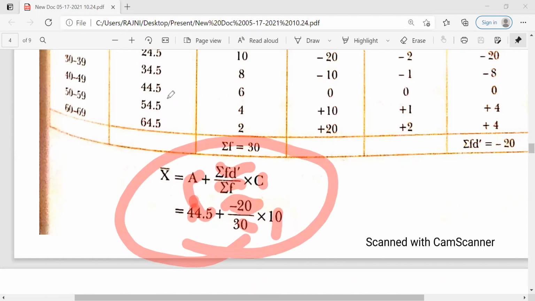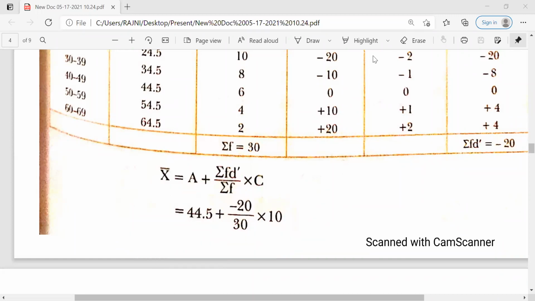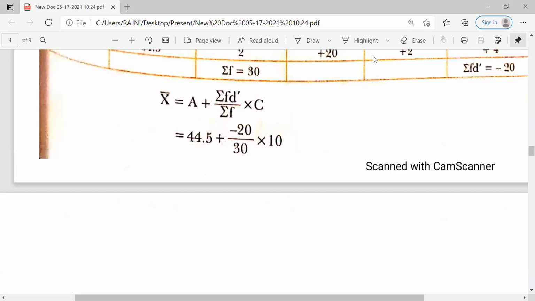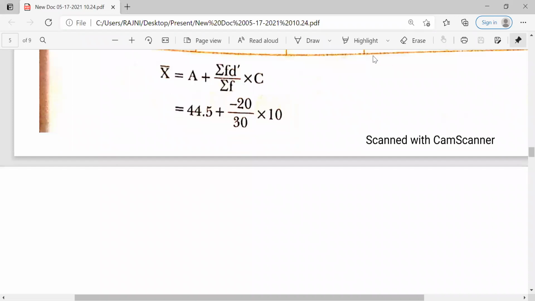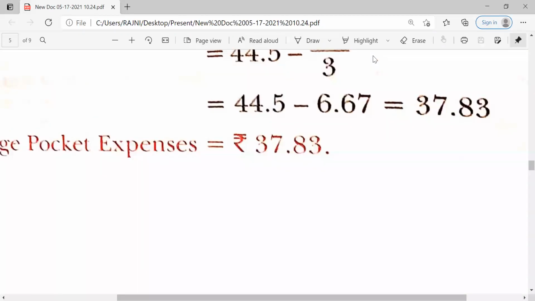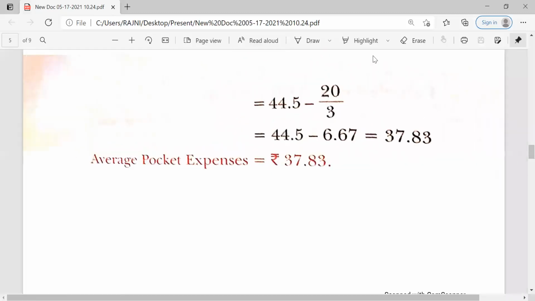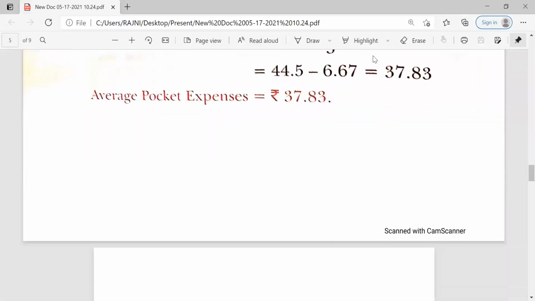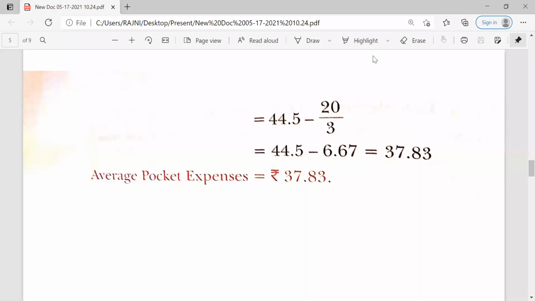It means the main motive in any form of frequency distribution series should be the calculation of the mid value of the class intervals. If the class intervals are given, then calculate the mid value. Otherwise, if the mid value is given directly, then calculate the simple mean. You will easily be able to calculate the mean with the help of these formulas. So this was the calculation of arithmetic mean in the case of the mid-value series as well as the inclusive series.